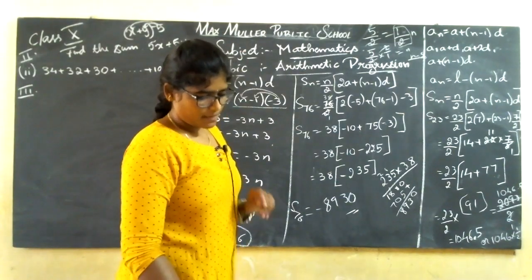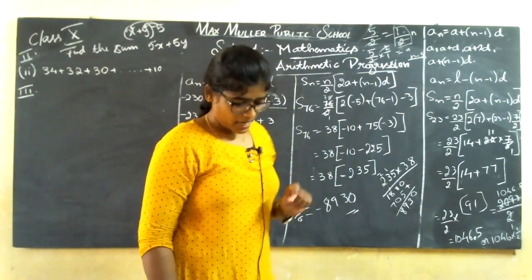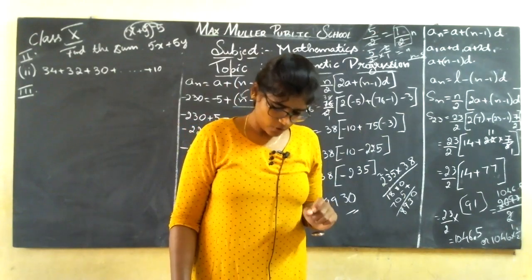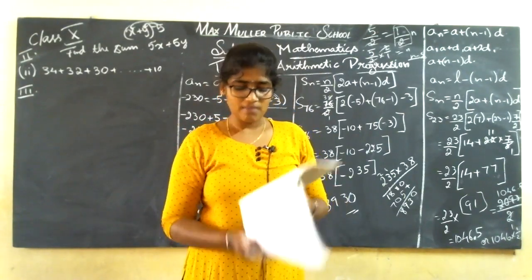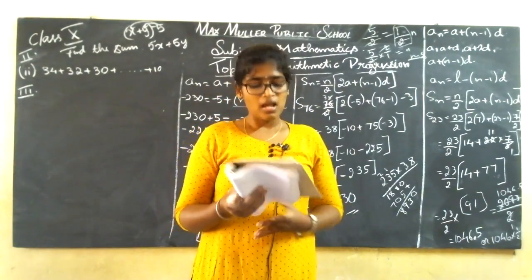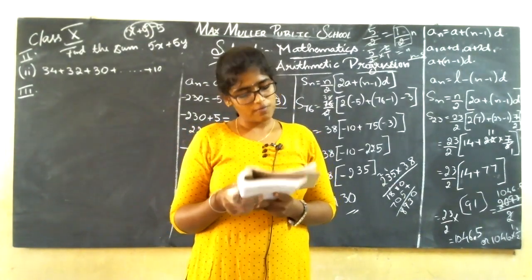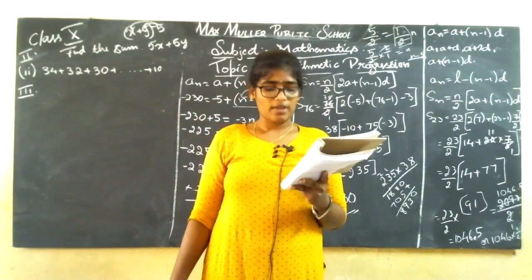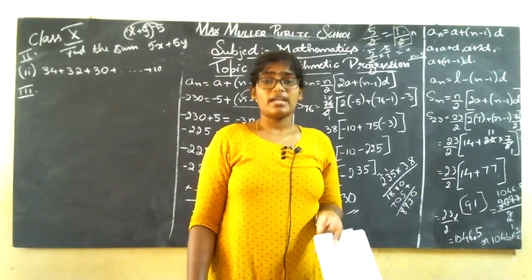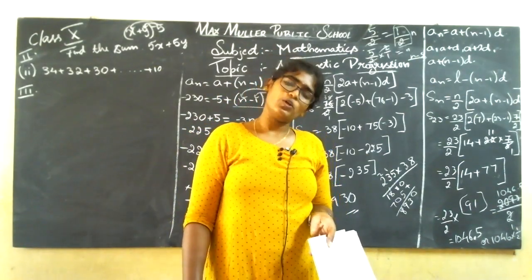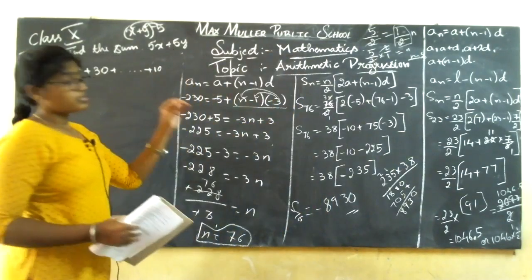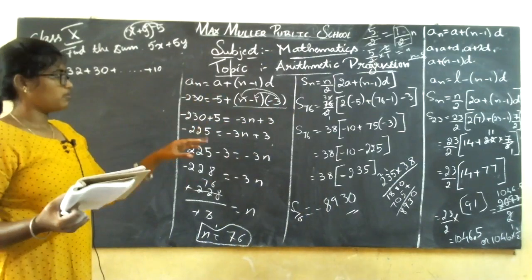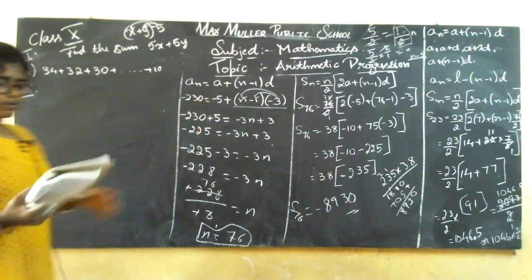In an arithmetic progression, given a, d, an value, find n and Sn. In the third main type, they'll give you the value of a, the value of d, the value of an, and they ask you to find the n value, and whatever value of n you get, you are going to find the Sn. Same problem, same way you are going to do.